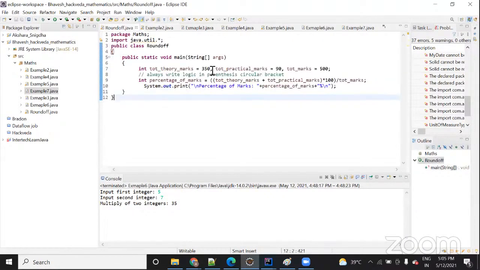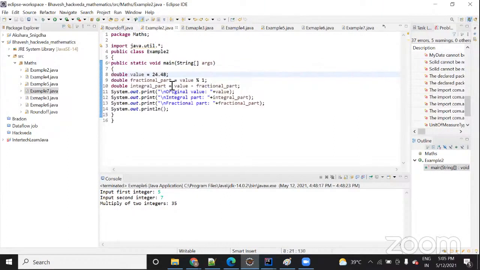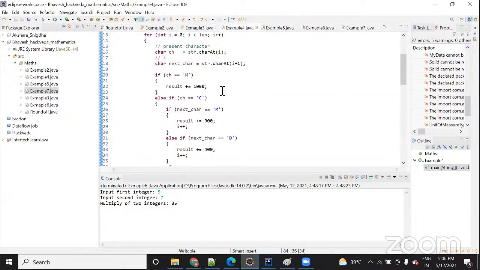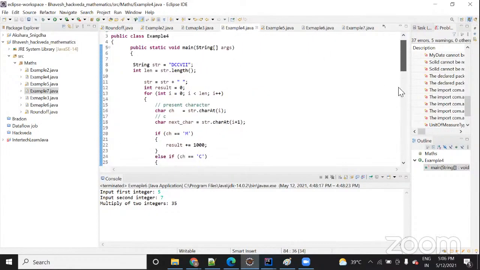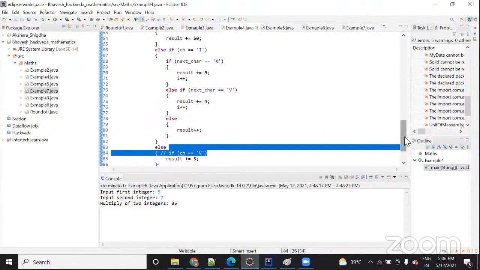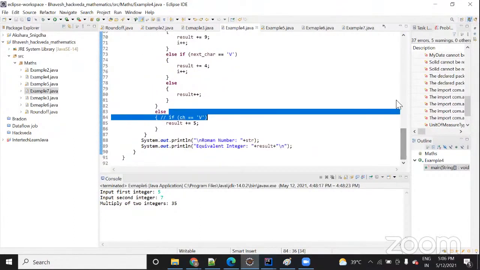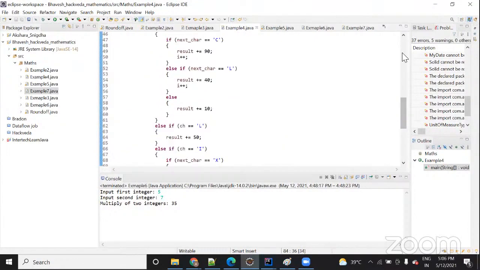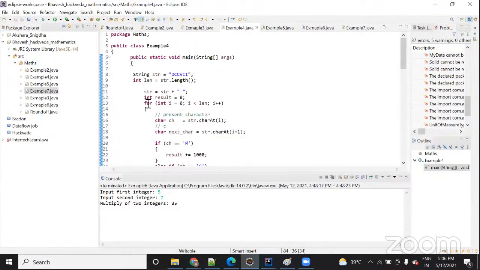You can change this value and try it if you are getting any error on this data type. The second thing here, and the third thing in this program, is a complex one. The only key is to go through the flow. When you write it down, just see this code and try to make the logic. If you get stuck somewhere, I will help you.